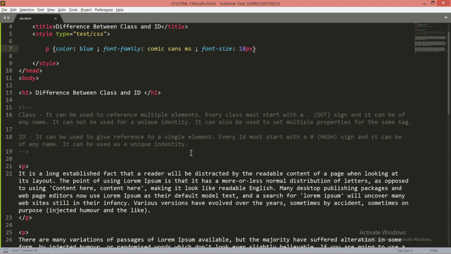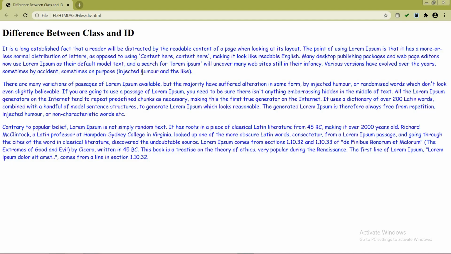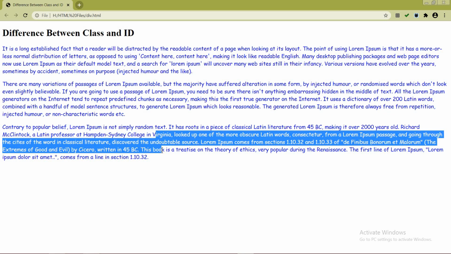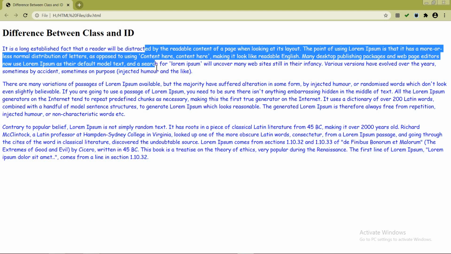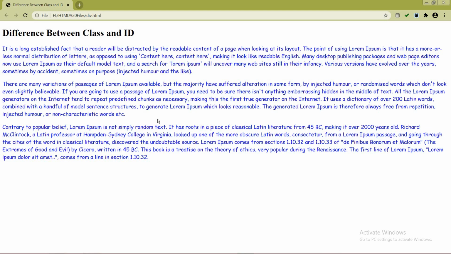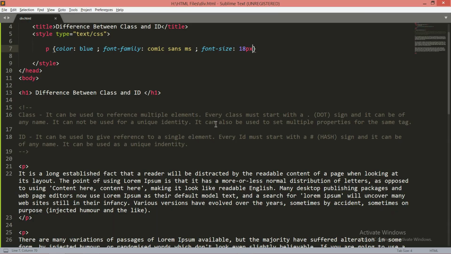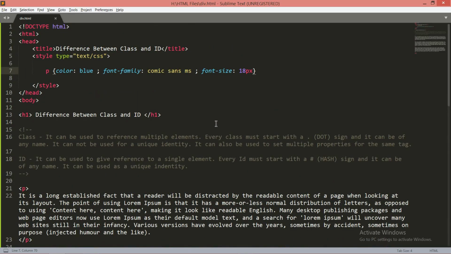Now what I want is I want to set a different property for each paragraph tag. Remember one thing, what I said: I want to set different properties for each paragraph. Then we set the properties as a class. Now in my previous videos I have uploaded a video of introduction to CSS. If you are not familiar with the CSS properties, you can watch that particular video, that is introduction to CSS. I will give a link to that particular video in my description section.